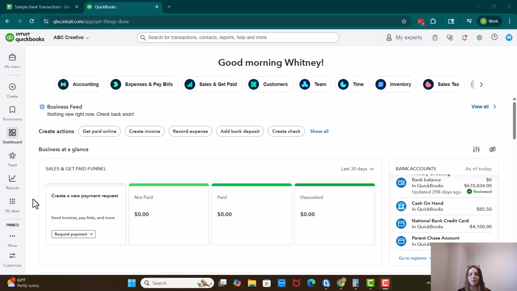Today I'm going to show you how to get transactions into the bank transactions page on QuickBooks Online. There's a couple of different ways that we can do this. So I'm going to show you first how to navigate there, and then how to get the transactions actually into